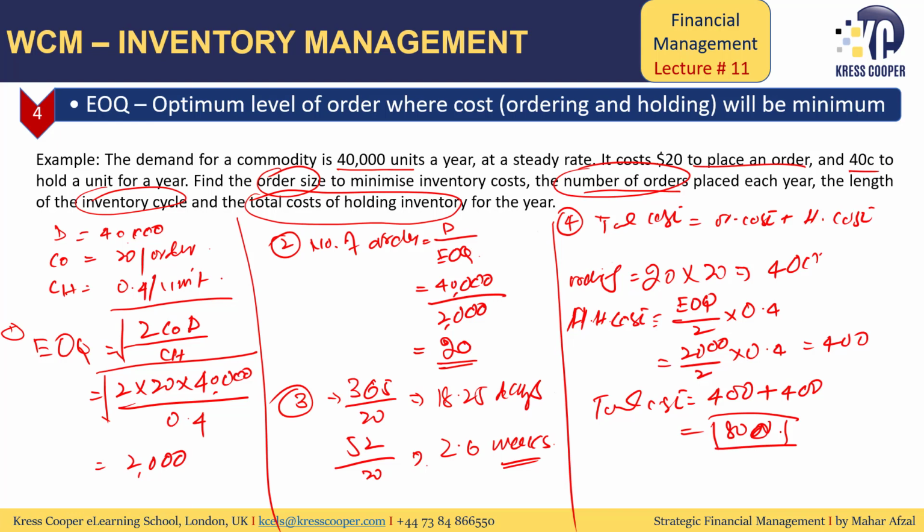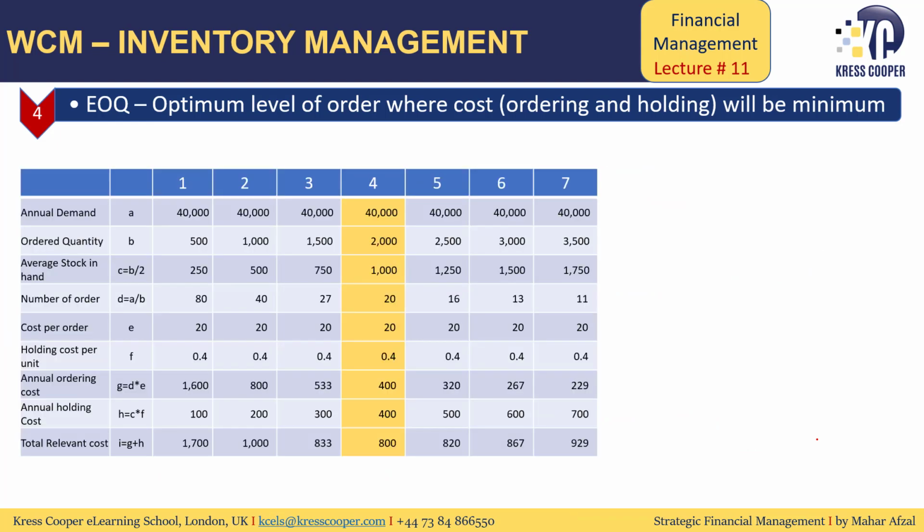As we discussed earlier, at the EOQ level, my holding cost will be equal to my ordering cost. This has been proved here. Further, we'll discuss this in tabular format. In this tabular format, this is the EOQ level. At this EOQ level, this is my holding cost, this is my ordering cost, this is my total